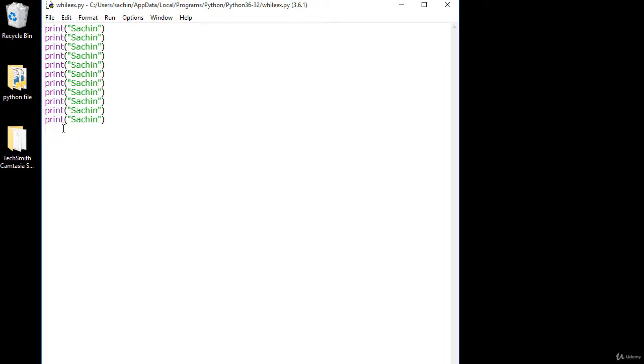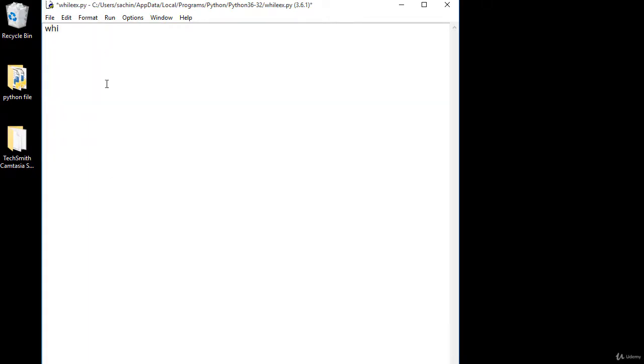So how do we print this with a while loop? Firstly just type while, and the condition is num less than or equal to 10. Just assign num as 0 first, so the number will be 1, and until num reaches 10 the loop will run the statement that prints our name.